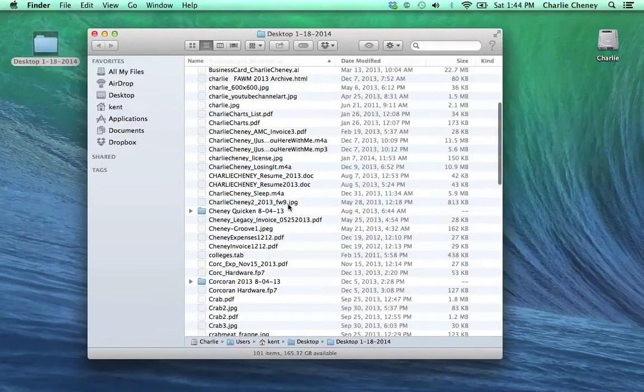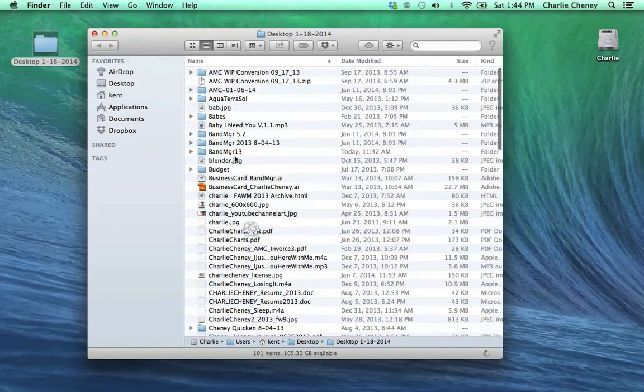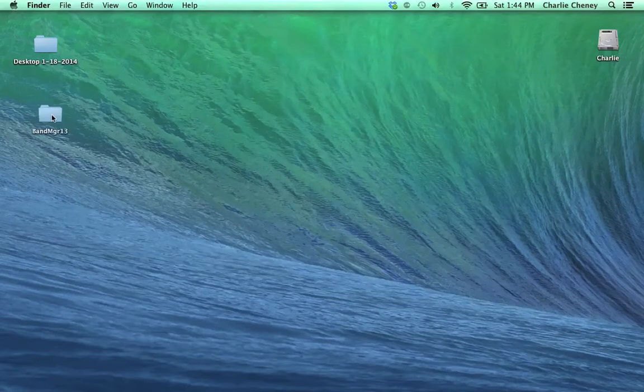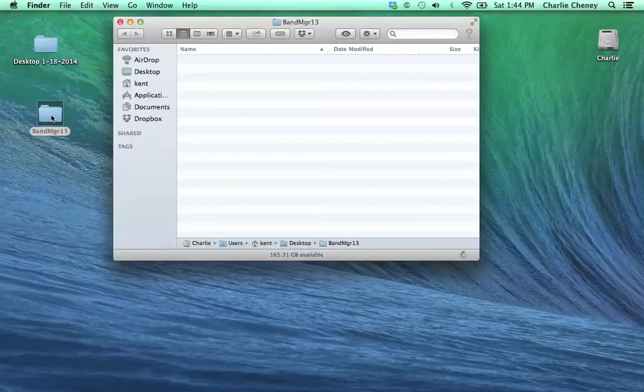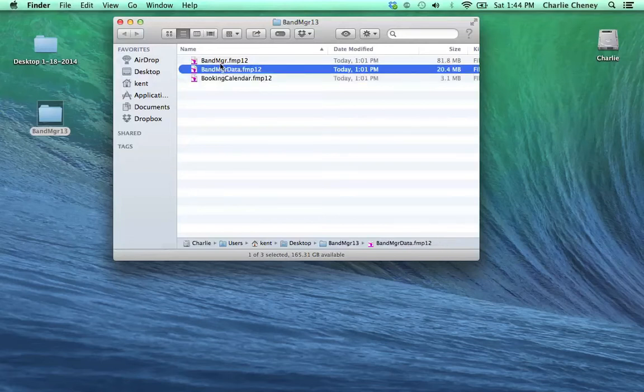To transfer your files between your Mac and your iPhone. I want to show you how to transfer your files between your Mac and your iPhone. And what I did is I've got a little folder here for my BandMgr 13. Calling it BandMgr 13 because it's based on FileMaker Pro 13 and the new FileMaker Go 13 app. Okay, and the three files that make up